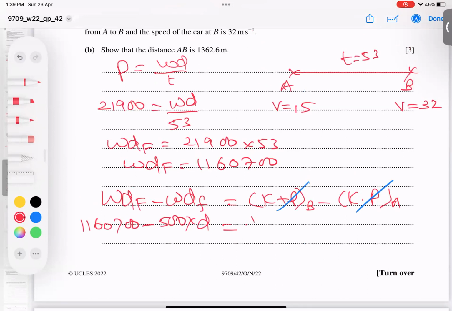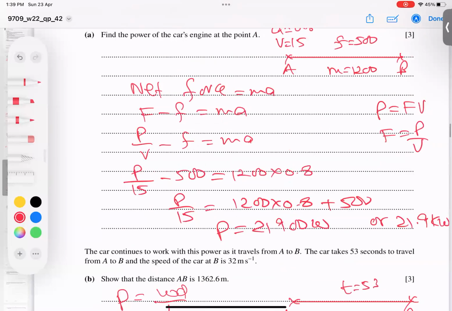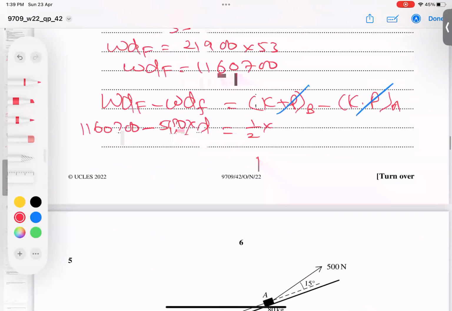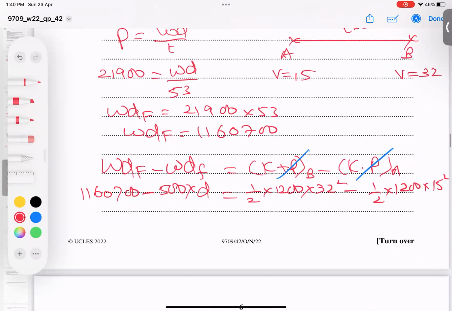And kinetic energy is half mv squared. Mass is, sorry, given as 1200. Velocity at B is 32. And same story here, 1200 and 15 to the power 2. So I'm typing the right side first of all: 600 times 32 to the power 2 minus 600 times 15 to the power 2. The right side is coming